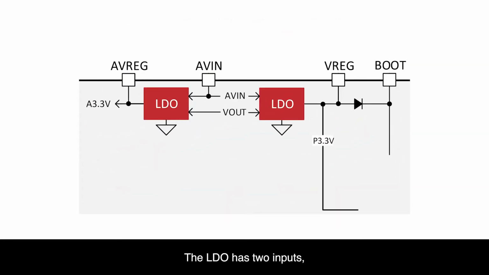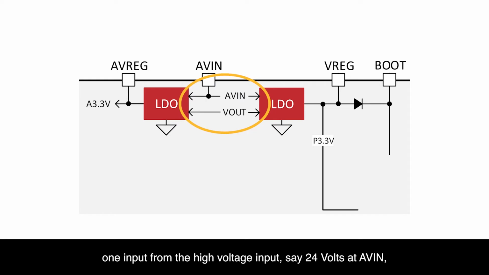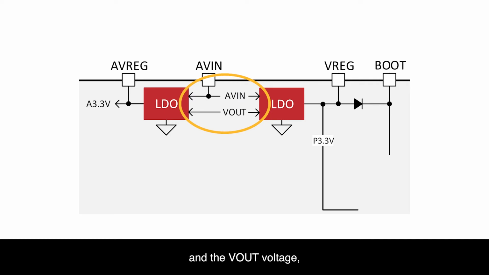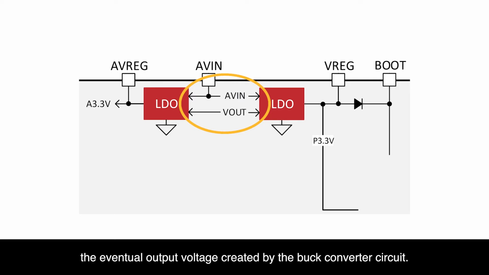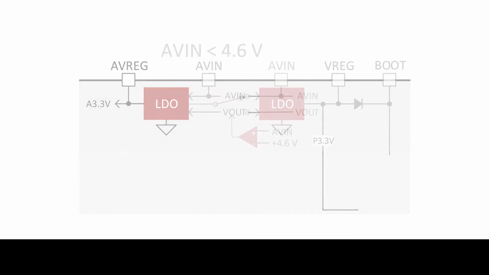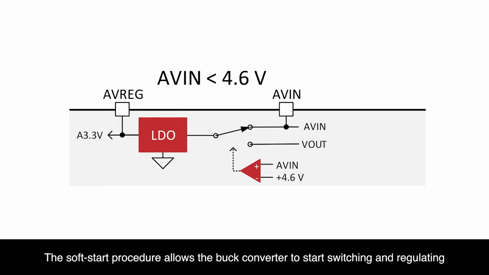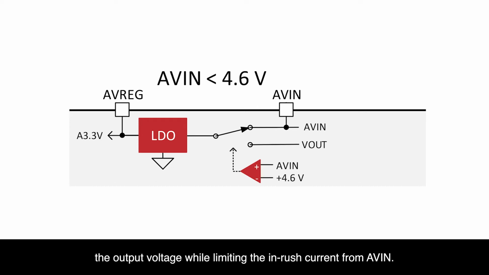The LDO has two inputs. One input from the high voltage input, say 24 volts at AVN, and the Vout voltage, the eventual output voltage created by the buck converter circuit. The soft start procedure allows the buck converter to start switching and regulating the output voltage while limiting the inrush